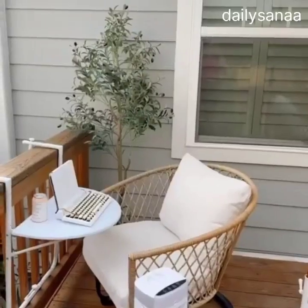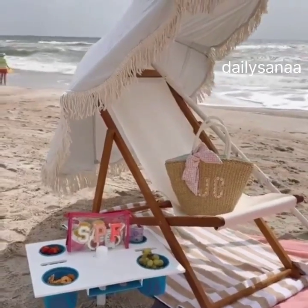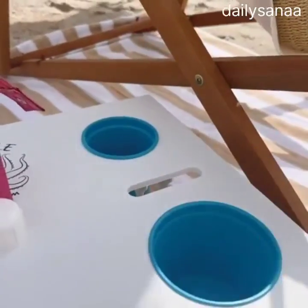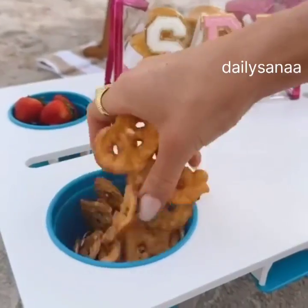This lightweight beach table has 4 built-in cup holders and comes with 4 deli containers so you can enjoy your favorite snacks without getting sand on them. There are 2 phone slots and a tray to